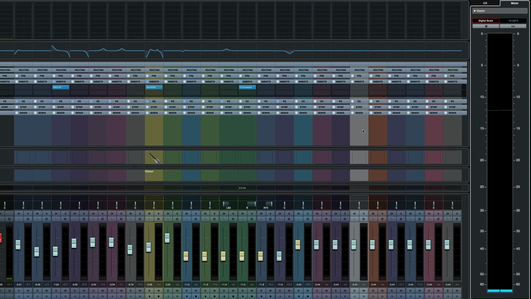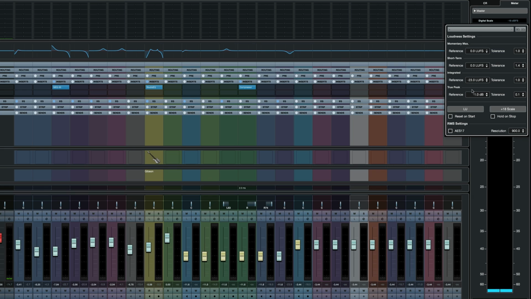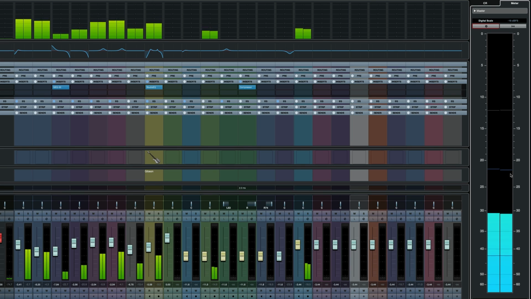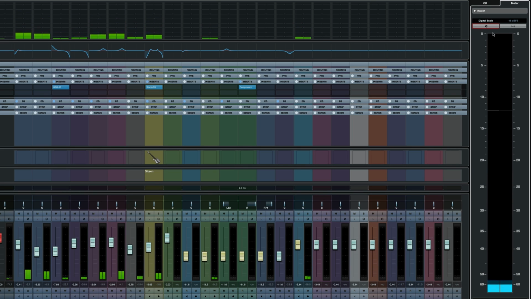Let's toggle over to the right-hand zone. So probably the most common one you'll use on the right hand zone is the current configuration we're looking at, right, which is your meter, and it's the master fader, and it's showing a digital scale. So you've got a whole bunch of other scales here that you can work with depending on what your client or what your deliverables are. For this course we're going to leave it on digital scale, and you've got some different loudness settings. We'll look at that in just a second once we toggle over to the loudness meter. But essentially this is kind of keeping an eye on the level of your project, and in digital scale you never want to go over 0 because then you're going to get digital clipping and it will create distortion on your mix when you're exporting.